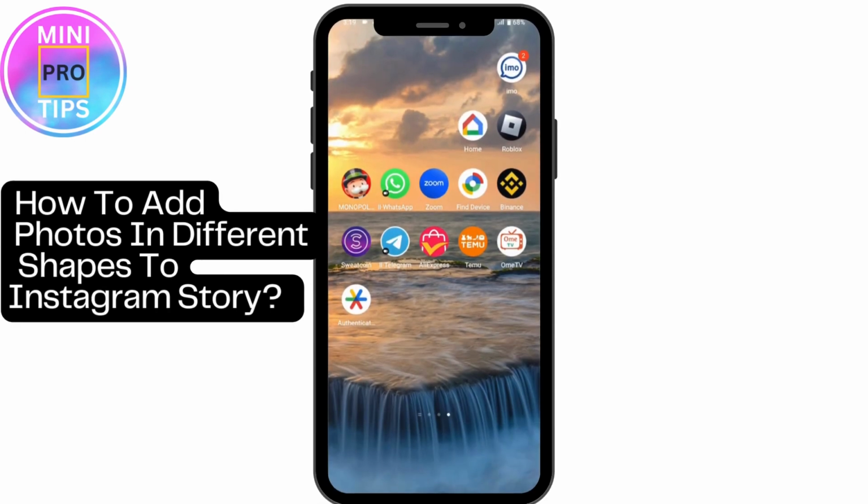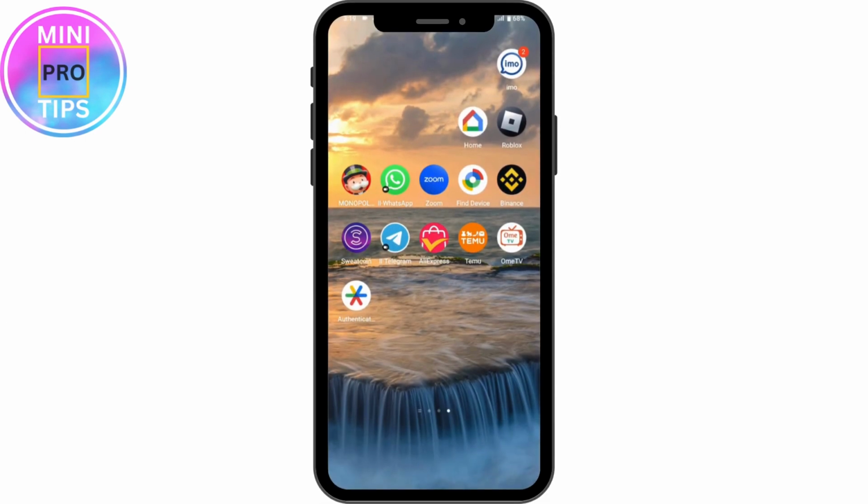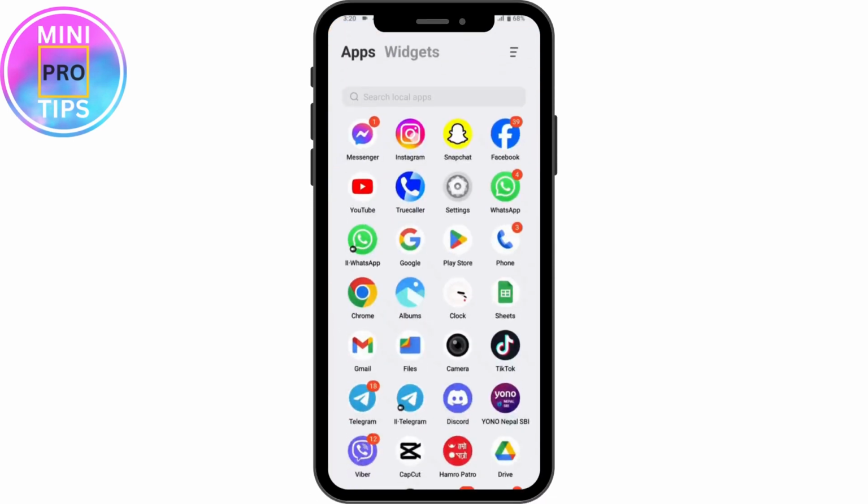How to add photos in different shapes to Instagram story. So if you want to add photos in different shapes on your Instagram story, then first open up your Instagram